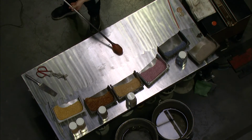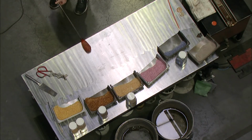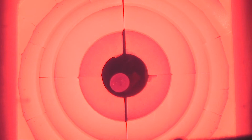She's layering a transparent yellow over top of that opal yellow. This is a really nice effect. You probably won't be able to see the true effect of this today while she's working it and everything's hot. But when you put that base coat of that opal yellow down first and then some transparent yellow over top of it, when you look at this object at room temperature, your eye's going to mix the two. So you'll actually see that transparency over that sort of rich base tone of opaque, and it just gives it